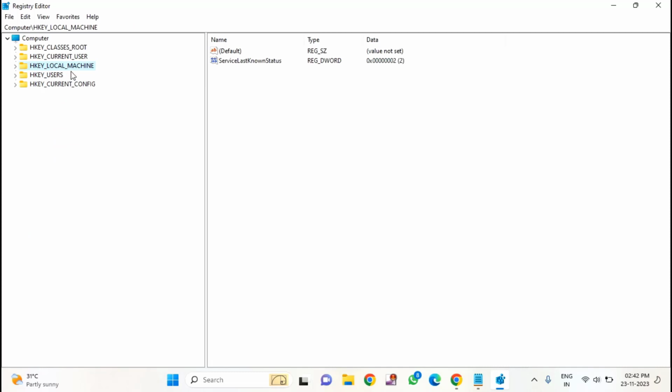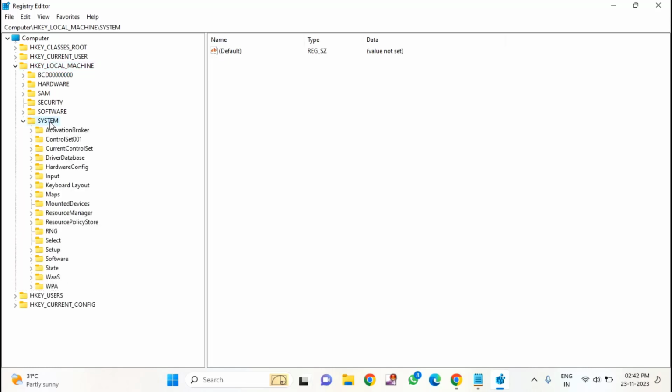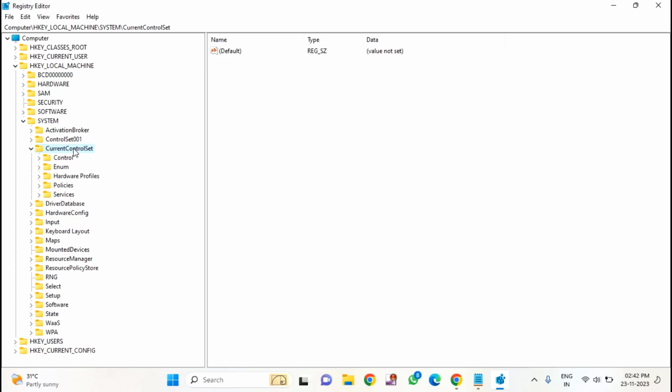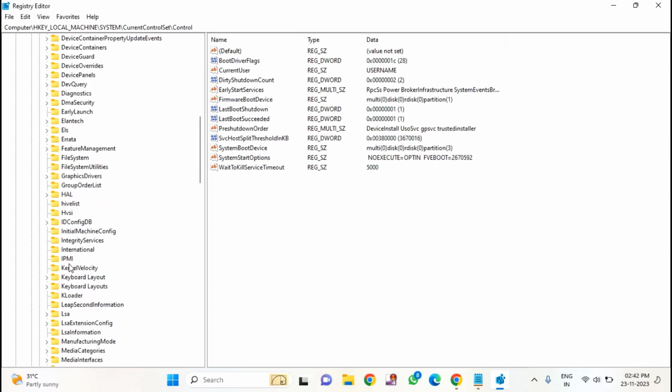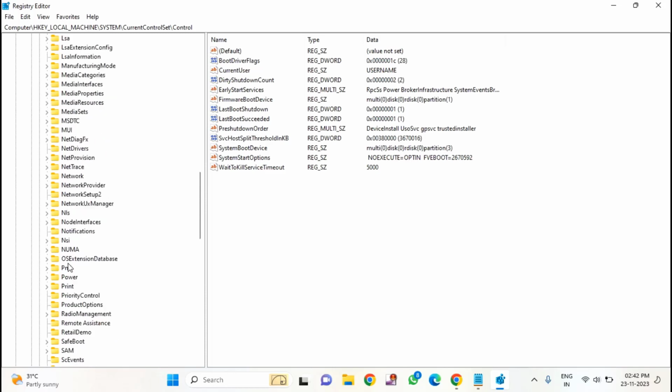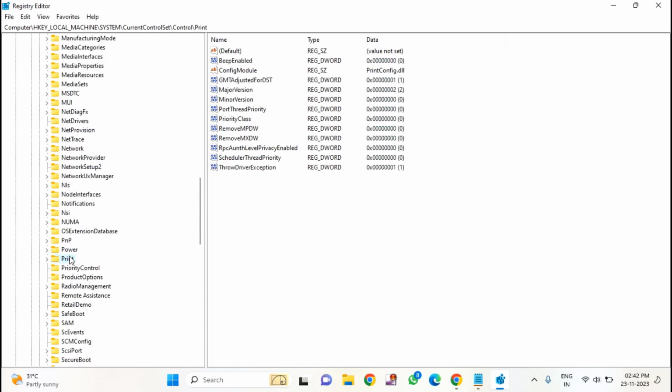In this you can see HKEY_LOCAL_MACHINE. You need to double click and expand. After that double click and expand System. After that double click and expand CurrentControlSet. After that you can see here Control, double click and expand. In this you need to find Print. You can see here Print, just click on this Print,